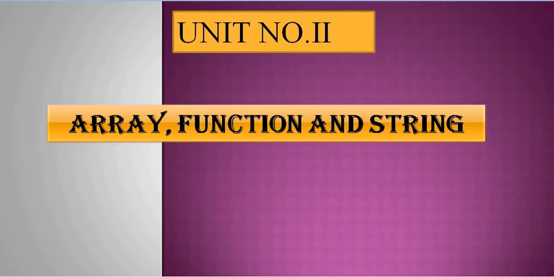There are mainly two methods to join a string. First of all, by using the concatenation operator, the plus operator, we can join two strings, or by using the concat function or method we can join or combine two strings. The concatenation operator is used to join two separate strings, and the concat function is used to join two or more strings together in JavaScript. This method does not change the existing string but returns a new string. That means the concat method does not change the existing string but it returns a new string.